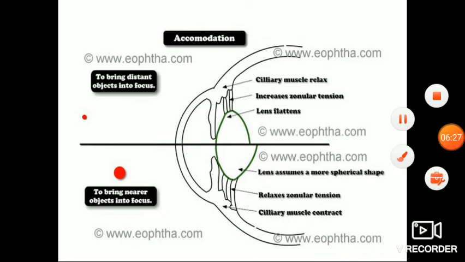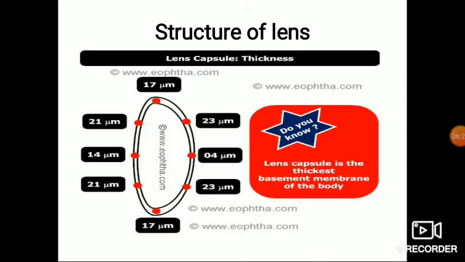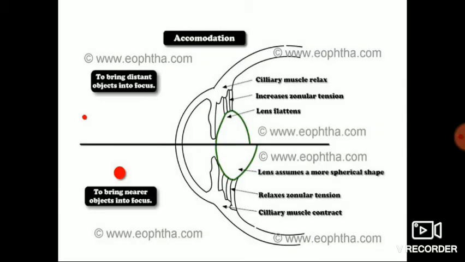Presbyopia is a condition which occurs at the age of 40 to 50 years. With increasing age and with continuing appositional growth of the lens fibers and age related changes in the lens capsule, the elasticity of the lens decreases. Alongside this, the contractility of the ciliary muscles also diminishes due to structural changes in the muscles. As a result, the lens fails to change its shape sufficiently during accommodation.